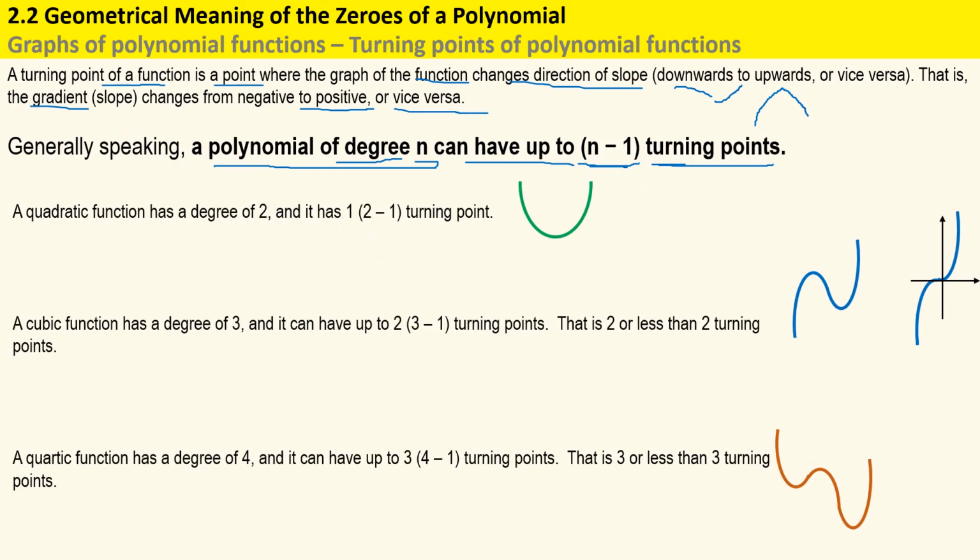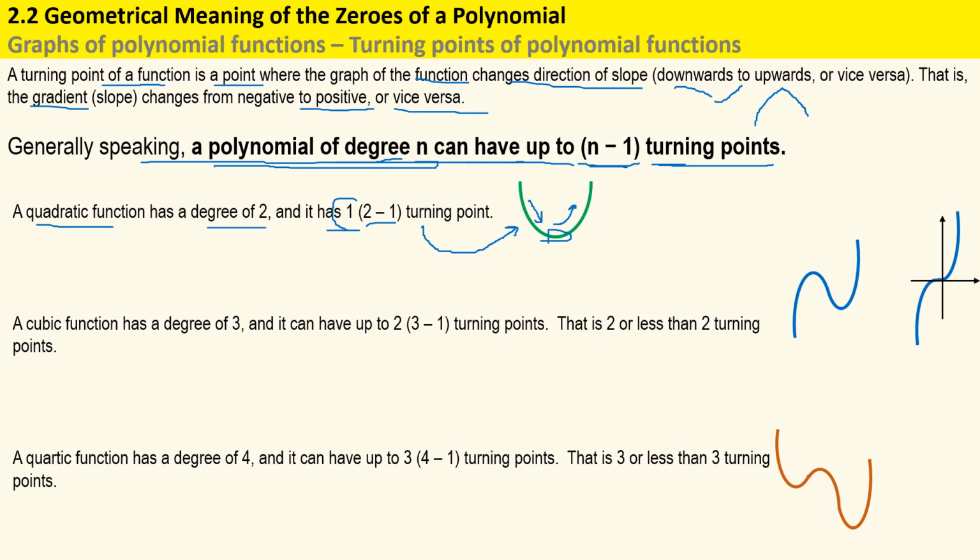Now let's talk about some shapes or some turning points in different types of functions. A quadratic function has a degree of 2, and therefore, as we just talked about, the maximum number of turning points it can have is 2 minus 1, that is 1. And that indeed is the case, because a quadratic function's graph generally looks like this parabola, and here is the turning point, where the slope is coming first downwards,